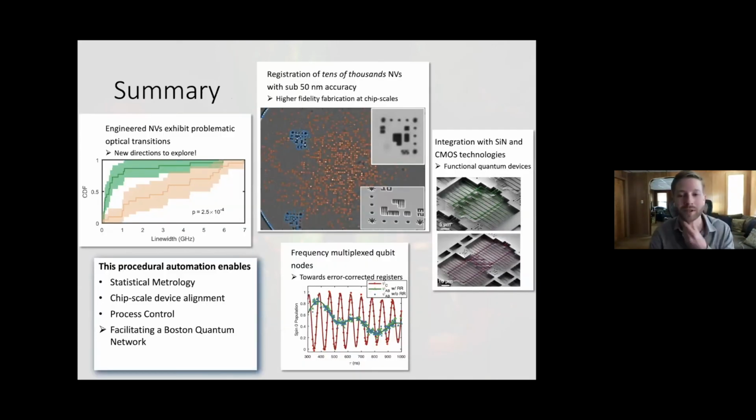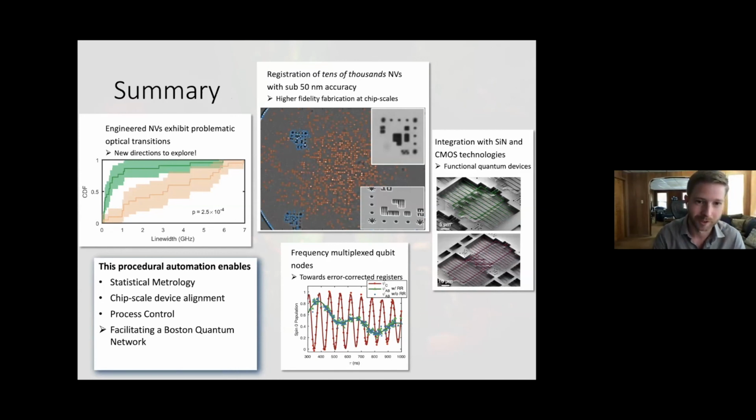So this actually hasn't been used yet in the quantum network. A couple caveats. The nitrogen vacancy, which is the emitter that I've been talking about for most of this, has some really, really nice qualities, especially when it comes to the quantum coherence of the electron spin, which is where we store the quantum information.